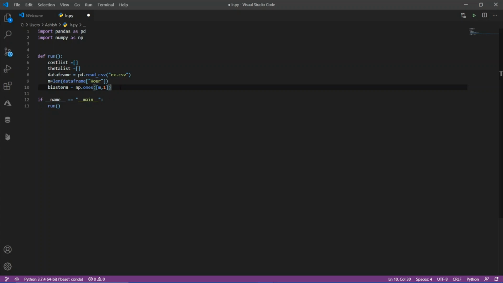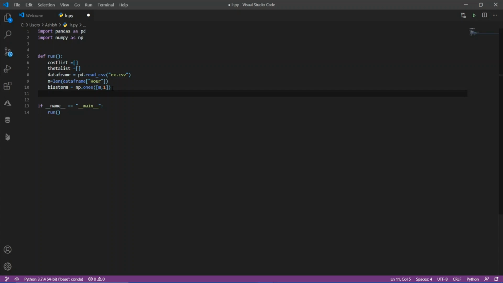So what this line is doing is, the bias term equals to np.ones(m, 1). It will store the ones in the bias term, and it will add m ones. Okay, so this m comma 1 means it will add m ones in the bias term. That's what we need, right? Because we have m training examples, so this is the bias term.